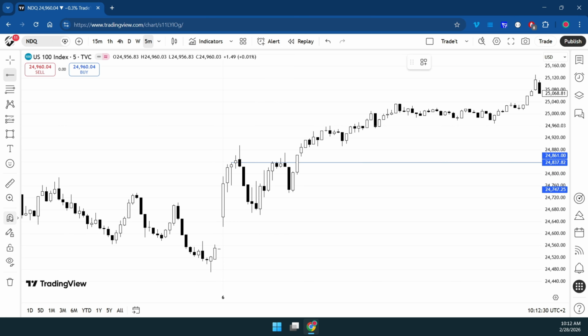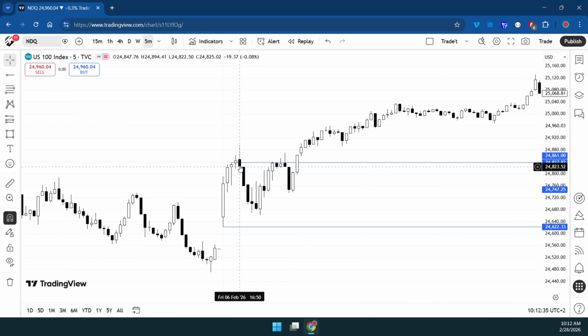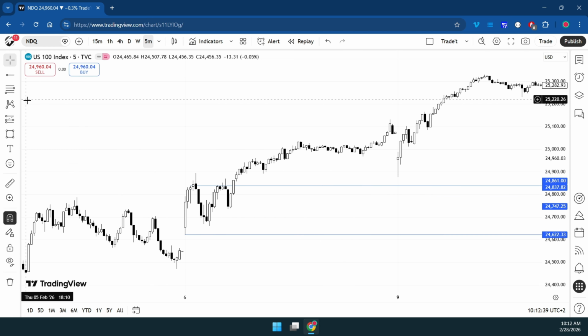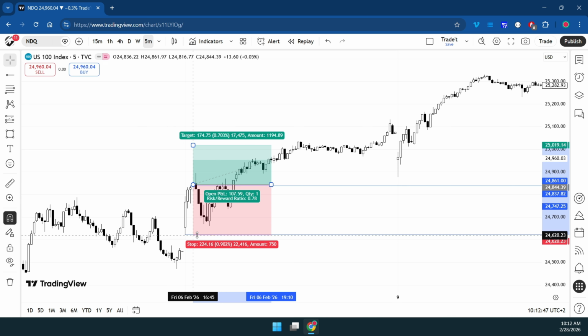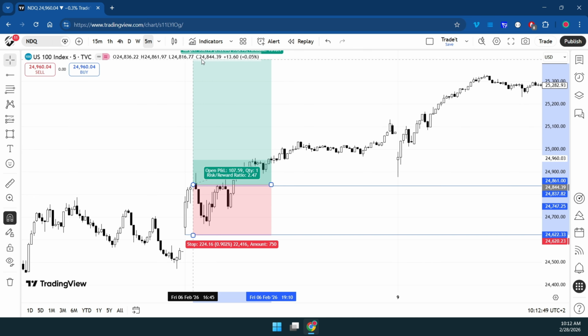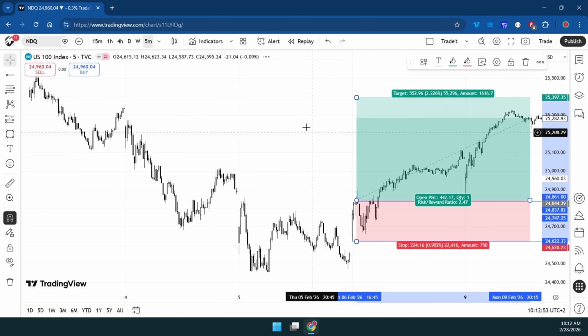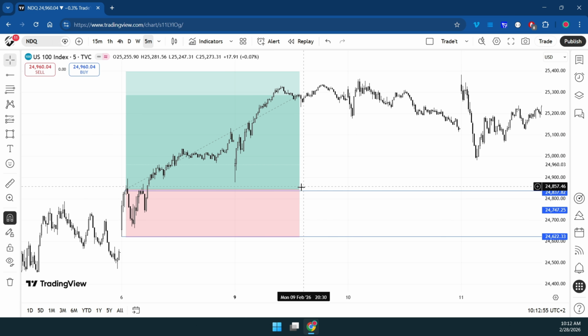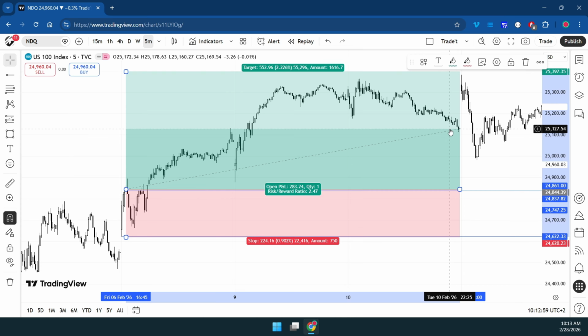I have, let me activate the magnet, the low of the range, and I have a breakout just right here. I can simply just take a trade, and frankly speaking, it's a good trade here. So not the Fibonacci, but this one. I'm gonna take this one, and here at the end. And if I extend it, I'm gonna do a really good amount here. So if I leave it to close basically at the end of the range, I'm around